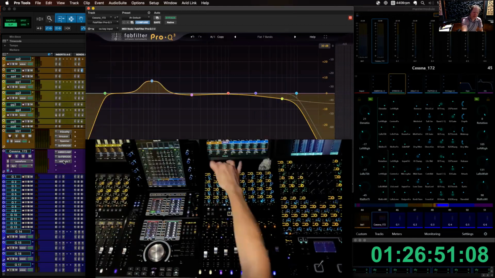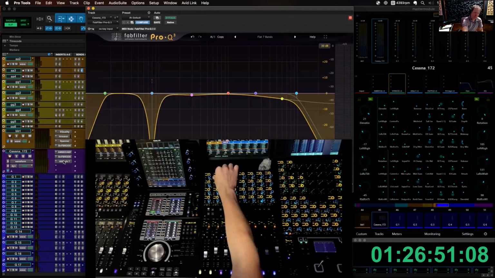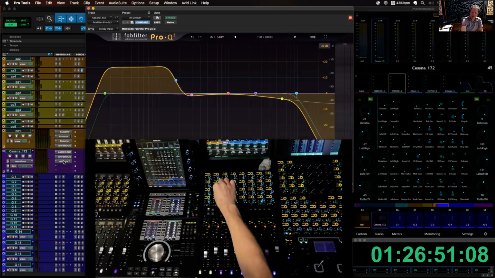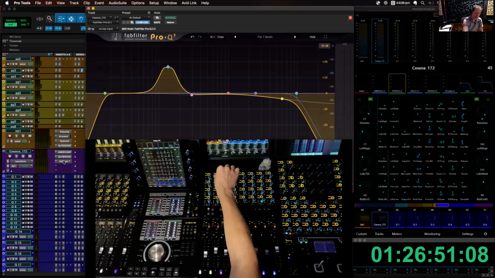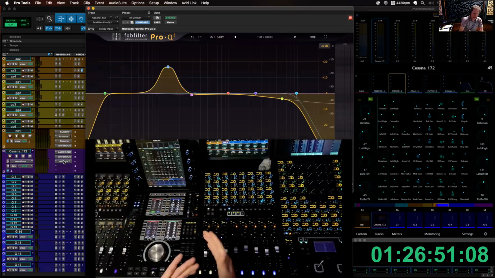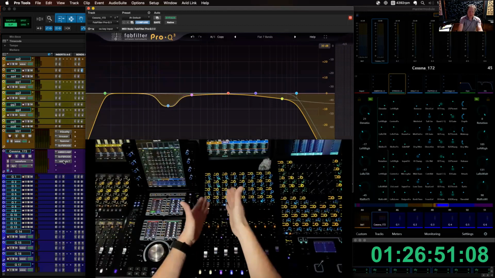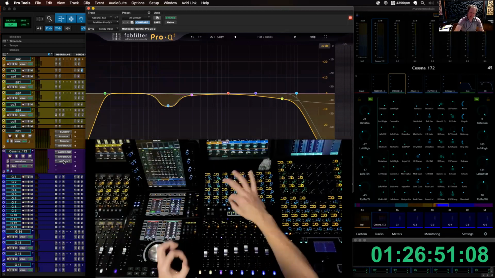Well, that's because the top encoder is the shape. So if I wanted band 2 to be a shelf, now it's a shelf. And so I've got gain, frequency, Q, and then I can also pop in and change the slope. If I want to get back to a bell, just change that. I just put the parameters there, and you can certainly do the same thing. Enable the band, disable the band. Okay, so just iterate. Band 2, band 3, band 4, they're all vertical. Gain, frequency,